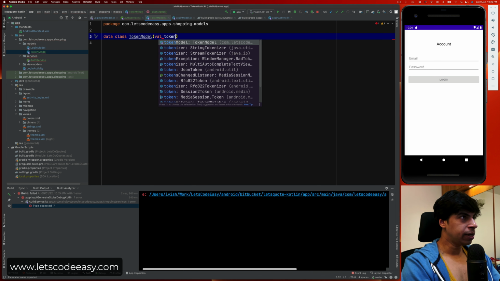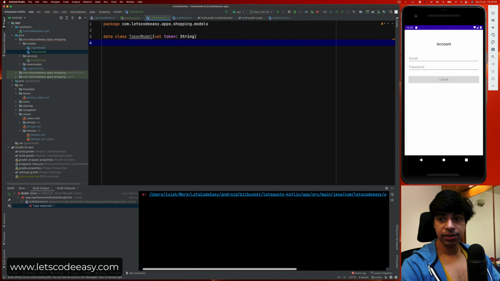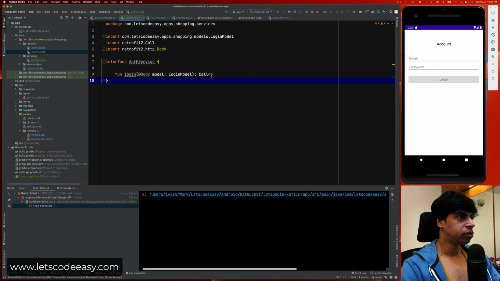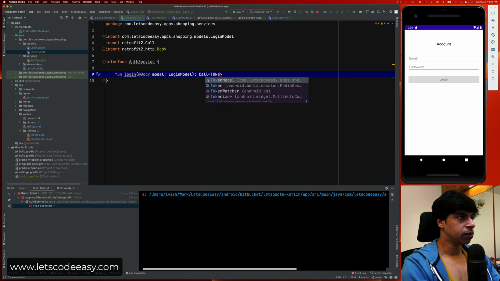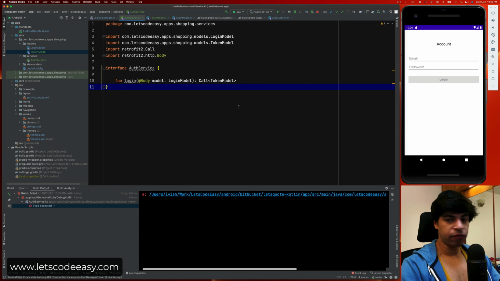It's going to be token, like we had seen it. That's the response which I'm going to receive. So that's my token model. That's also created. And I just need to point that over here. Token model. Also done. So my login function is ready, but not yet ready completely,